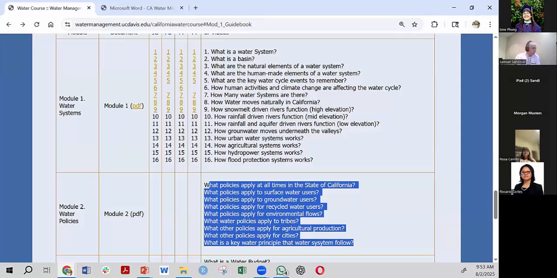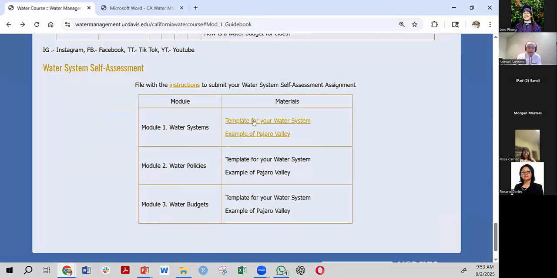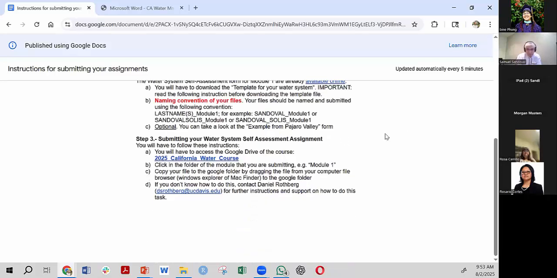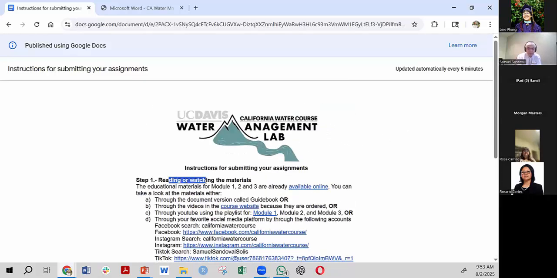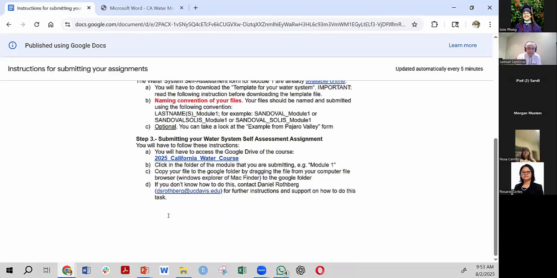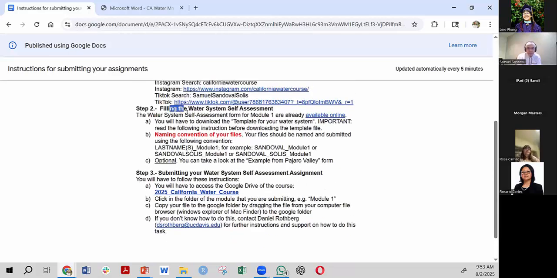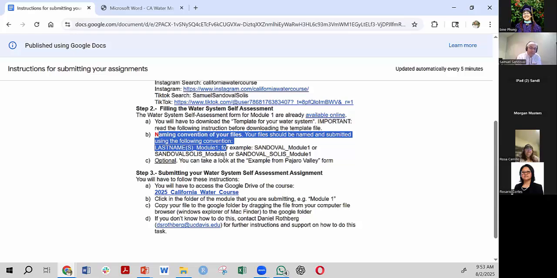Now, this is the water system self-assessment. So here are the instructions for you to submit your homework. Basically, read or watch the materials. Then you will have to fill in the water system self-assessment. I'm going to show you where it is. Here is an important naming convention, so please use this naming convention.